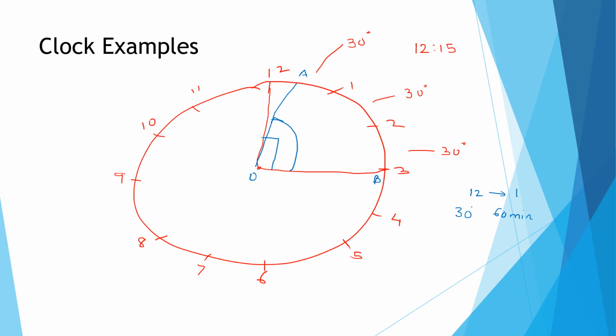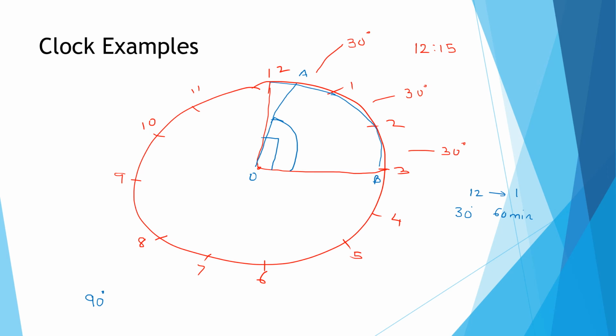Let us see that. Whenever any time is given, first find the wrong angle between them. Like if I say the time is 12:15, what angle will you get? 12 to 3. Check the angle between the consecutive marks of hour hand and minute hand. Where is the hour hand? On 12. Where is the minute hand? On 3. So there are 3 consecutive marks: 1, 2, 3. So initially the angle between the hour hand and minute hand will be 90 degrees, correct?